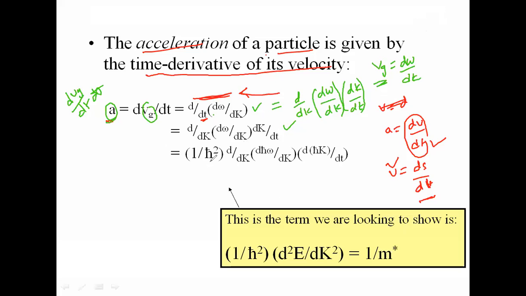Here I got d by dk. So what is the omega? Tell me. What is the k? What is the omega? We know that E is equal to h cross omega. This is energy, right? Now I have to get d omega by dk. Or I can write k as equal to this. If I do that,